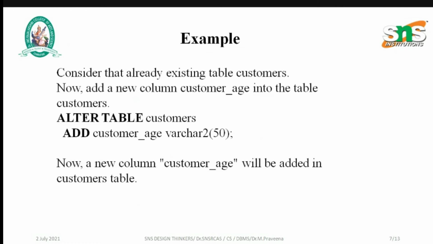Already we have the example customer. Now adding a new column, customer age, into the table. So alter table customer, add customer age, the data type is varchar2, size 50. Now the new column customer age will be added in the customer table.